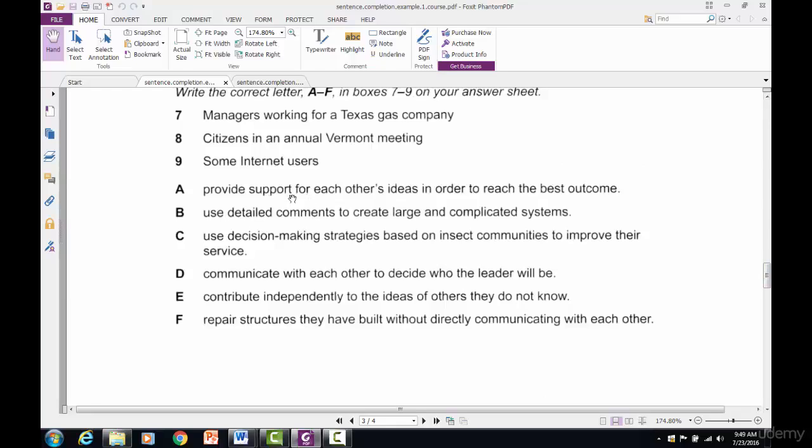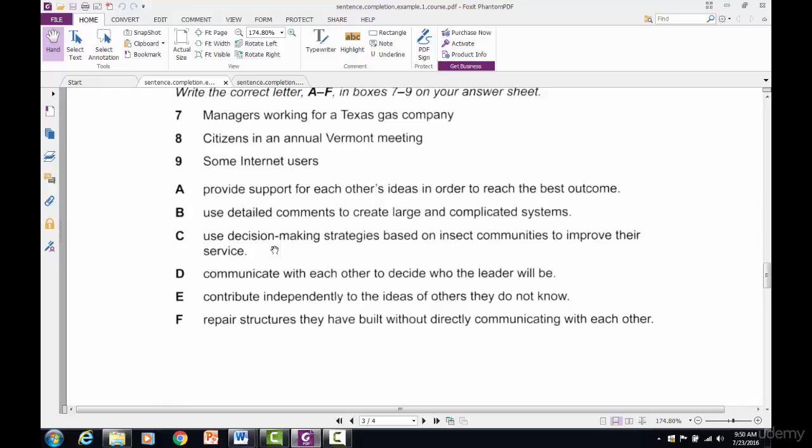Provide support for each other's ideas. No, we're not talking about 2 people here. Use detailed comments to create large and complicated systems. Nope, there was nothing there about comments. It said that he looked at formulas for ant colony behavior to optimize his factories and better his routes. Use decision-making strategies based on insect communities to improve their service. That's our answer right there, right? And we can see, again, what makes this a challenge is that it uses synonym language. But C is our correct answer